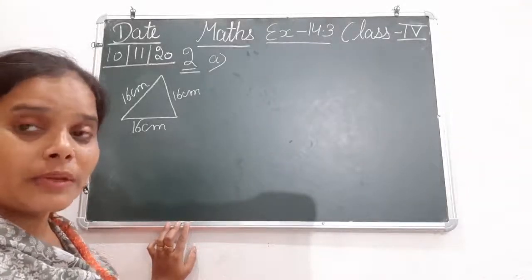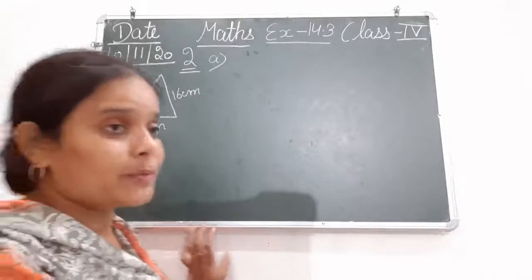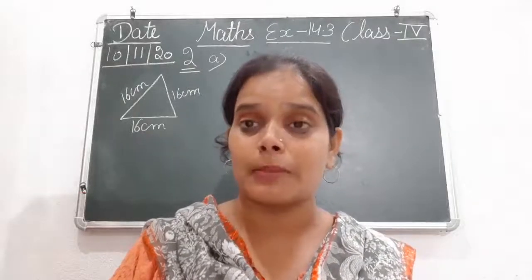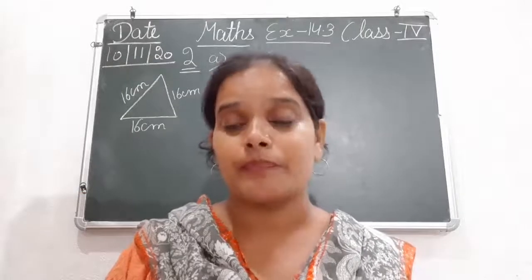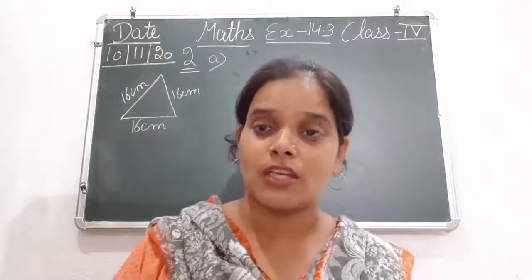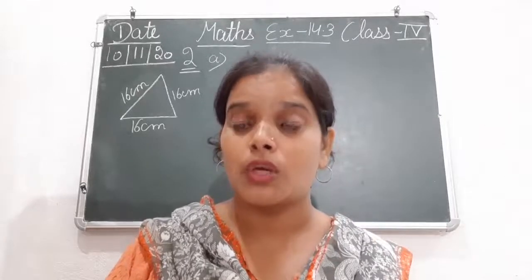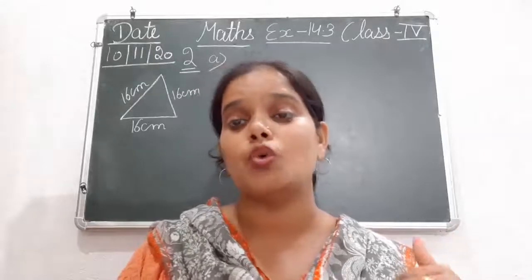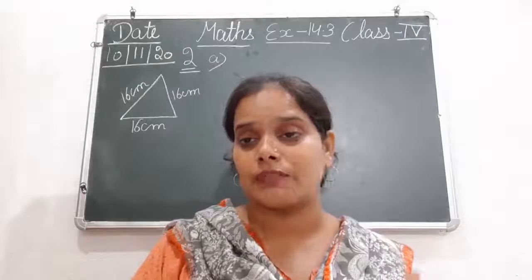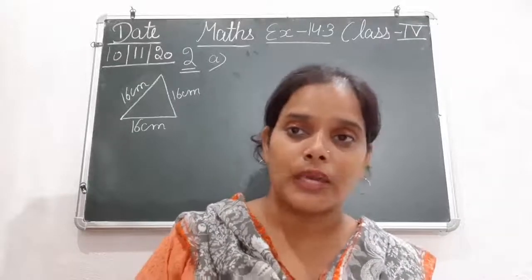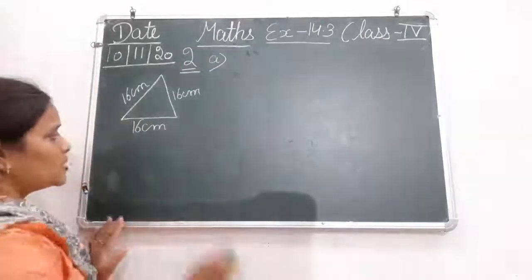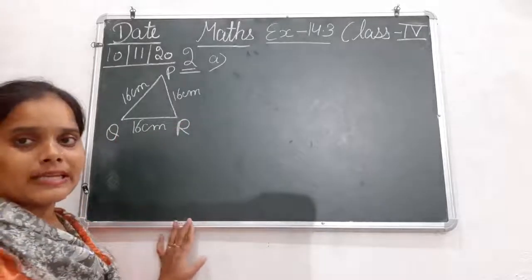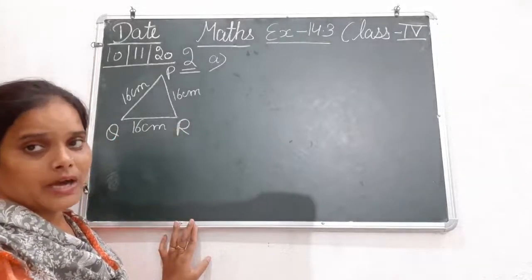अभी देखिए हमने जब first question के बाकी 6 parts किए थे उस टाइम मैंने आपको बताया था, suppose the figure is given and the measurement is also given. But nothing else is given, so सबसे पहले हम क्या करते हैं? We just name the figure. But in this question only the measurement was given. So what are we going to do? First of all we are going to name this figure. सबसे पहले हम इसको नाम देंगे. Whatever name you feel like, आप दे सकते हैं, you can give to this triangle. So I am giving it PQR. So this is the name of the triangle, that is triangle PQR.